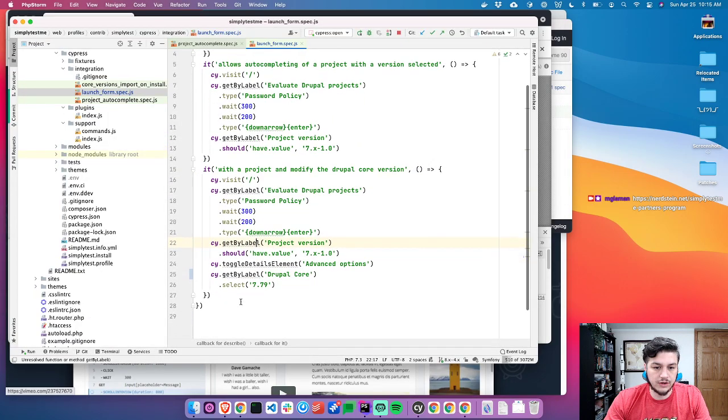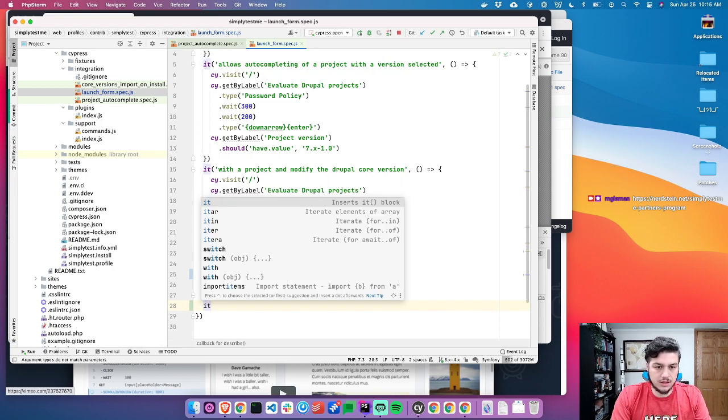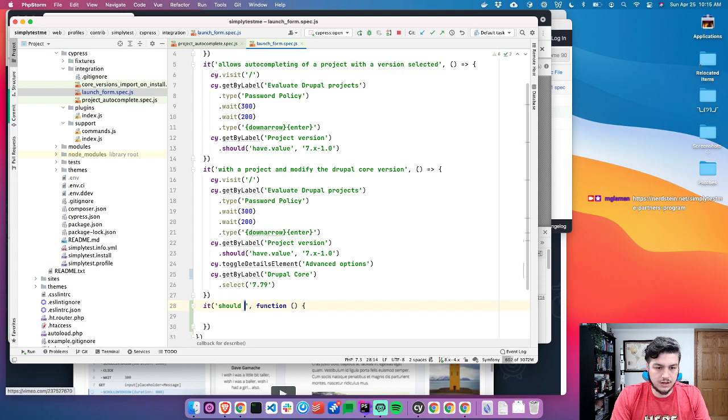So we're going to copy, we'll say, it should. So these are also labeled in behavior driven development, like Behat. So my wording is a bit wrong. It should allow me to attach a patch to my project. So we'll do cy.visit